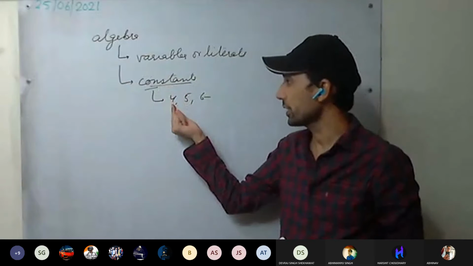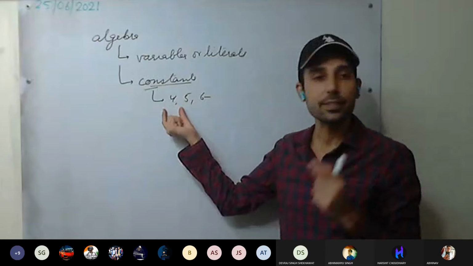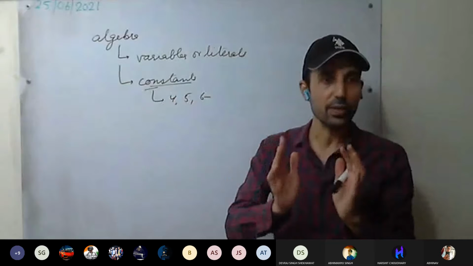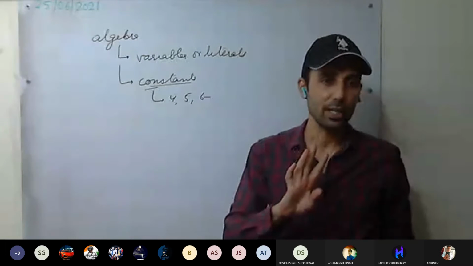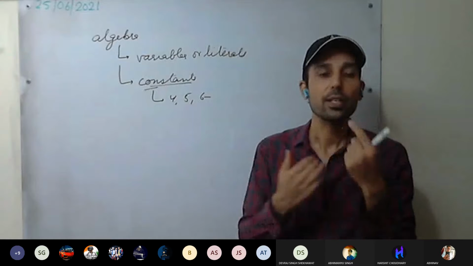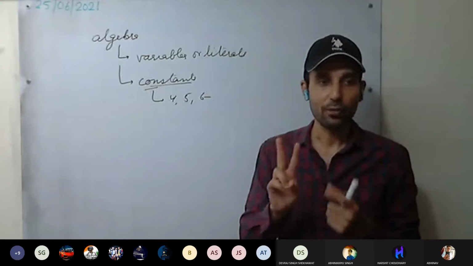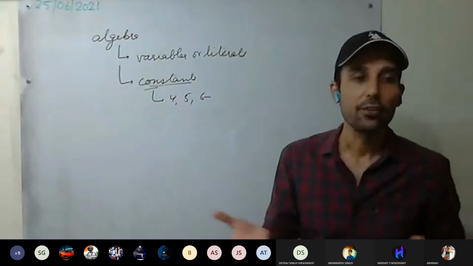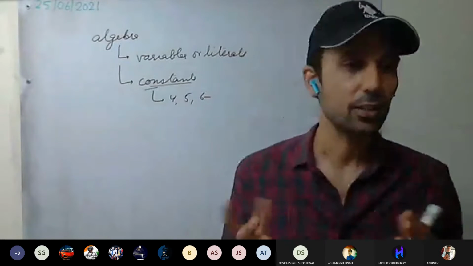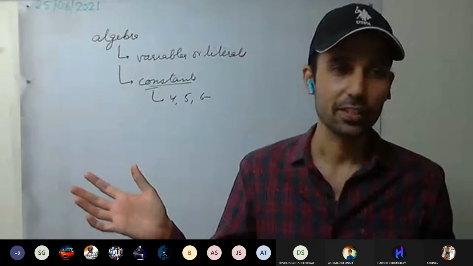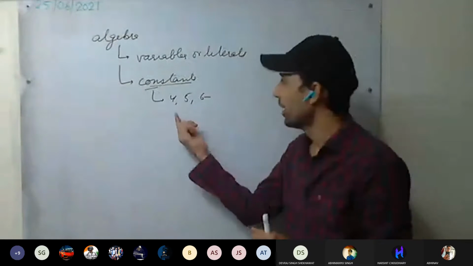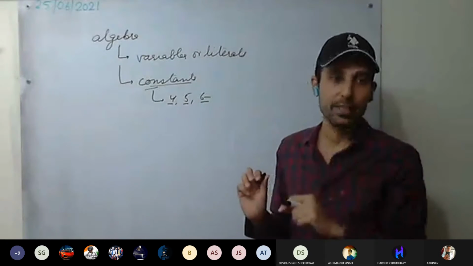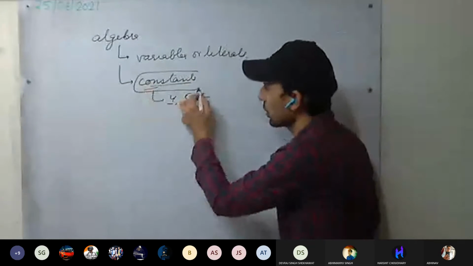Why these are constants? These are called as constants because they represent some quantity which is constant. They represent some specified quantity. If I call you, bring 4 glasses of water, or read for 2 hours. So 2 hours, that is fixed quantity. Yes or no? 2 hours is fixed. If we say that I eat 2 kgs of mangoes each day, it means 2 kgs is a fixed quantity. So these numbers, the quantity they represent is fixed. These are called as constants.